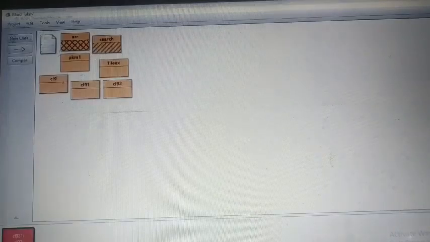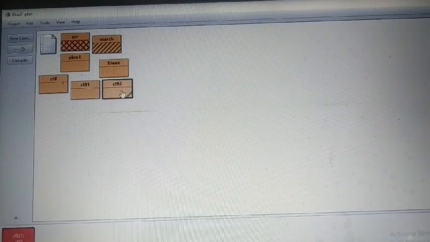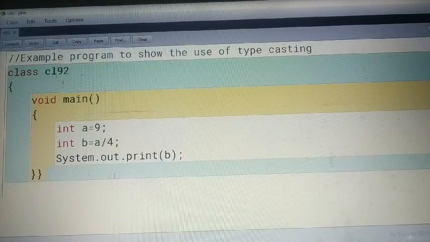What I told in the last class: when we perform a calculation with integers and the calculation is expected to give a result in fraction, that doesn't come automatically. The calculation of integer and integer will always produce integer, especially in division. Our result should be 2.25 and it is coming only 2.